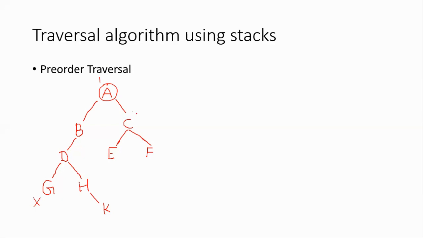As we process A, there is a right child here. What is the right child? The right child is C. The right child will not be processed immediately. Rather, it will be pushed onto the stack. But before we push onto the stack, there is one rule of thumb we follow: before we begin the operation, we load a null value onto the stack, which will act as a sentinel. Whenever the null is encountered, it means we have accessed all the nodes of the tree. We load the null value, that is 0 here for the theoretical discussion.